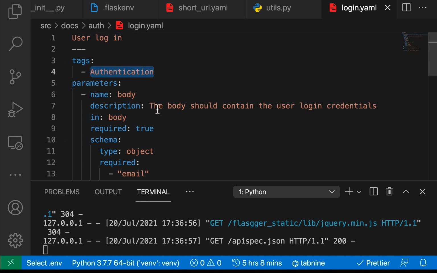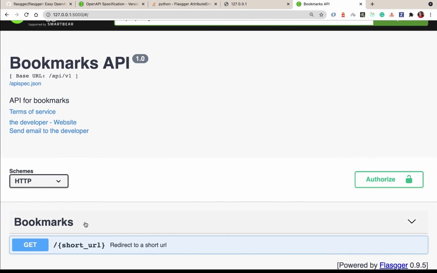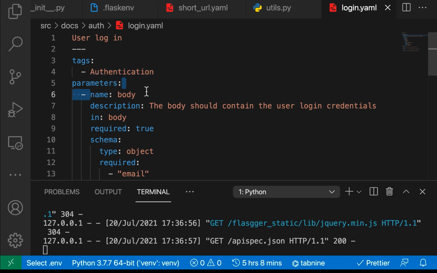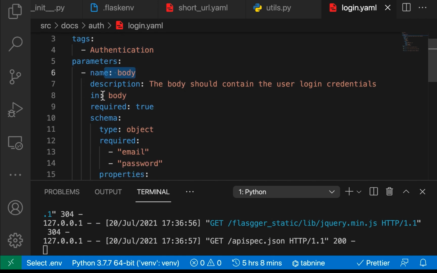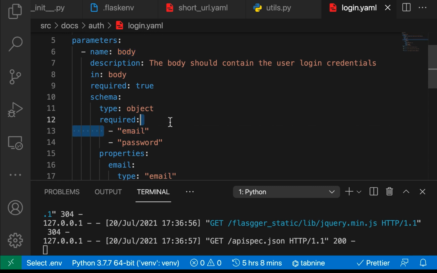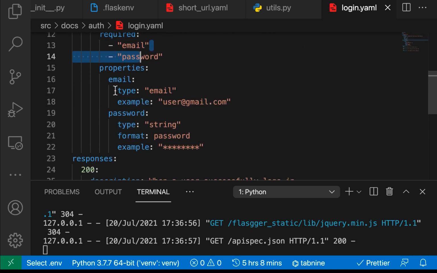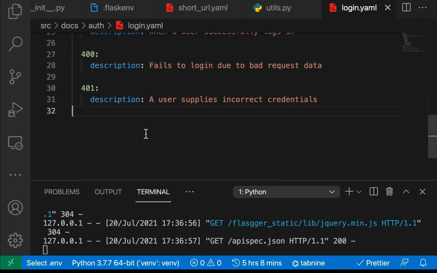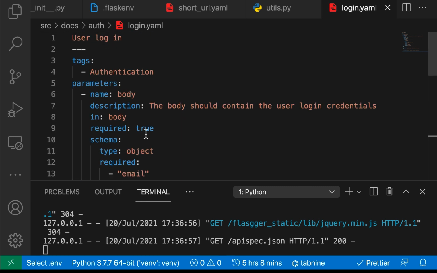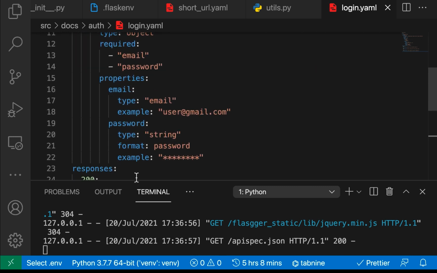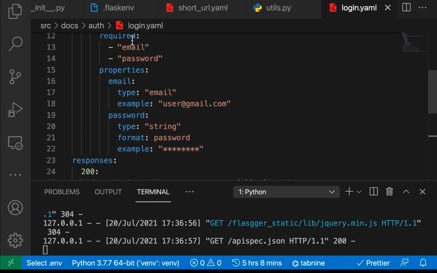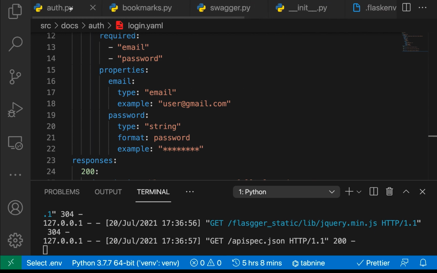So the tags are used to group these endpoints inside like this. You can see that the short URL is grouped under bookmarks. Now you can see that we define the parameters. Then for the name, we say, okay, in the body we expect some things. So we require a username and a password, and then we give an example of how it should look, and we can show some example responses. Now you just need to make sure that your YAML file is formatted properly, and these keys are the ones that we should expect. So now to add this to our route, we can go to our auth,